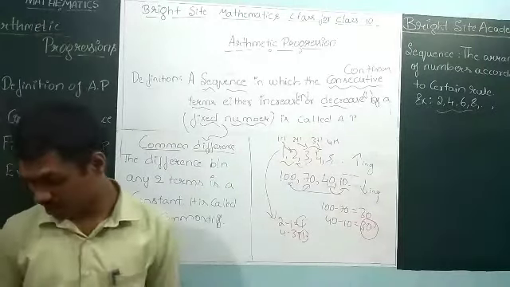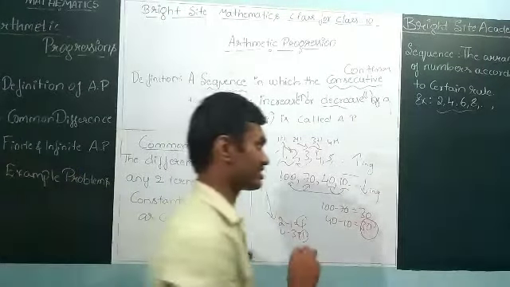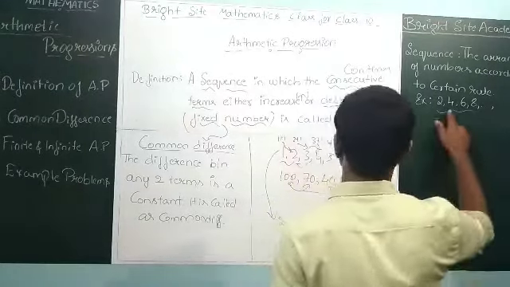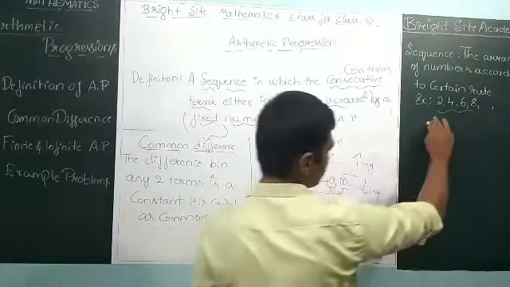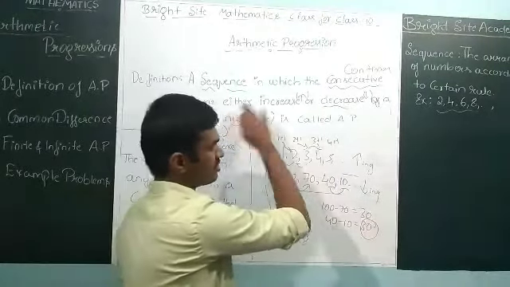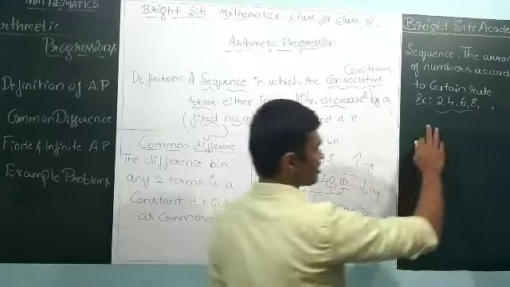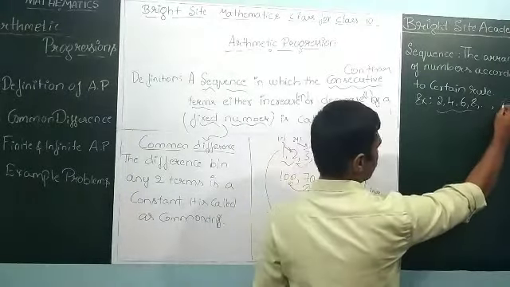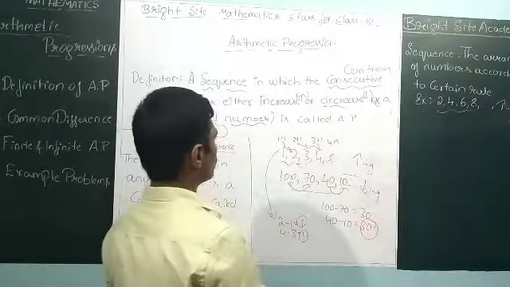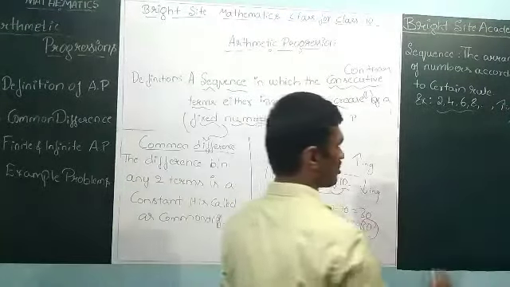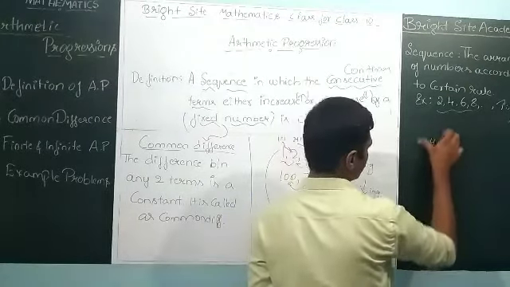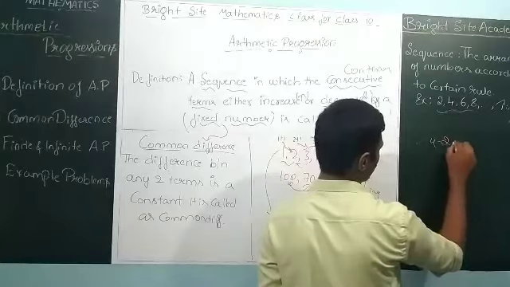So let us go through the example we took yesterday. What is this? It is a sequence, right? It is a sequence in which consecutive terms should decrease or increase. Here you can observe it will be an increasing function, by a fixed number. We need to find the fixed number. How to find the fixed number? Let us take any two terms, that is 4 minus 2, which is equal to 2.